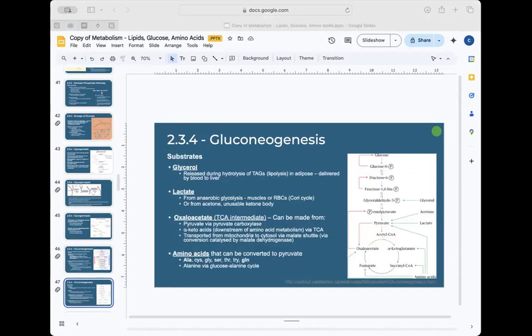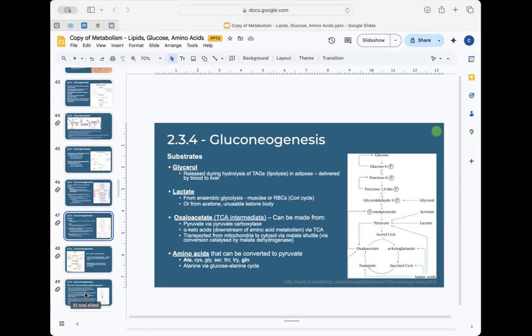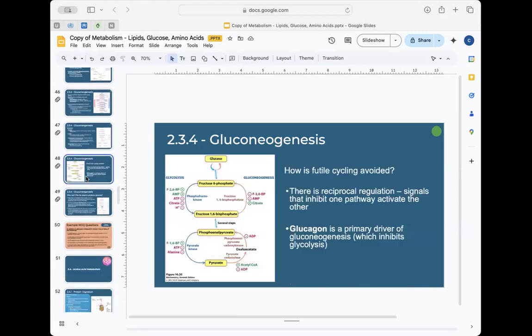Okay, in terms of the substrates, we're thinking about where do the carbon backbones come from? So glycerol from fats, lactate from anaerobic glycolysis, oxaloacetate from the TCA cycle, and glucogenic amino acids. They can all funnel into this pathway at various different points to generate new glucose. And there's a bit more detail there, but I'm just conscious of time, so we're going to move on